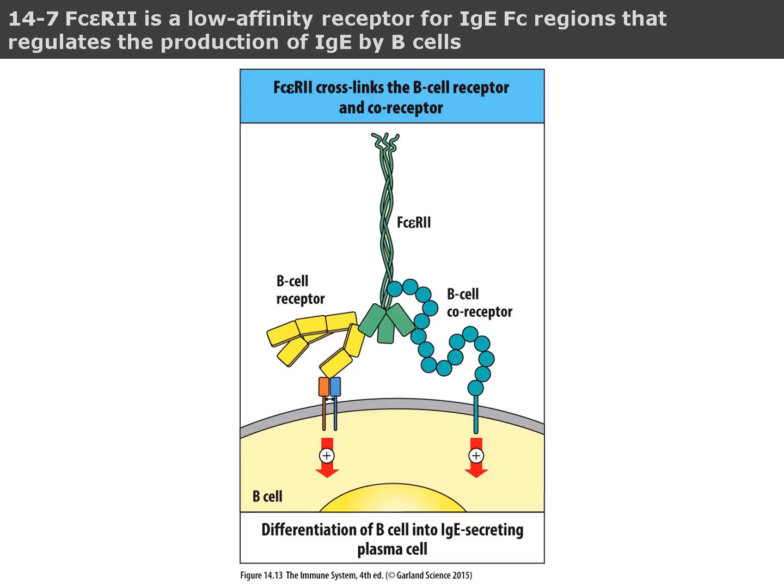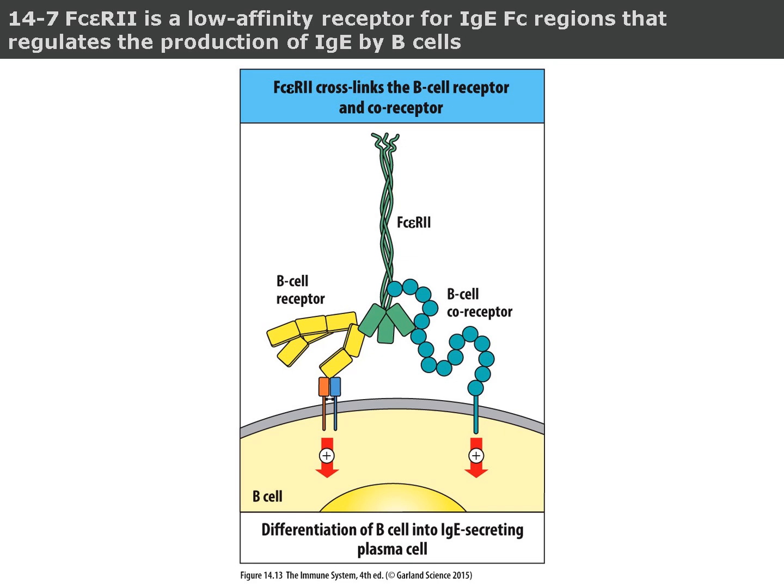This figure shows how the low-affinity receptor for the fragment crystallizable region 2, or FcεRII, regulates the production of immunoglobulin E by B cells. The receptor cross-links the B cell receptor and the B cell co-receptor. This interaction triggers signals that lead to the activation and differentiation of the B cell. As a result, the B cell transforms into a plasma cell that specifically secretes immunoglobulin E. This mechanism helps ensure that immunoglobulin E production is tightly regulated during the immune response, especially during allergic reactions or